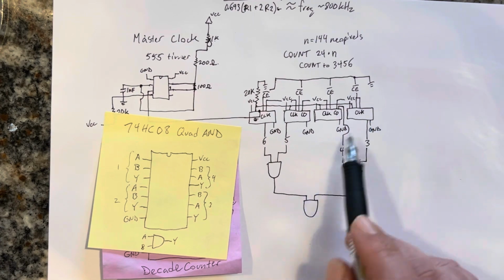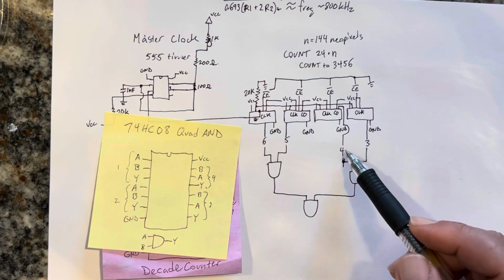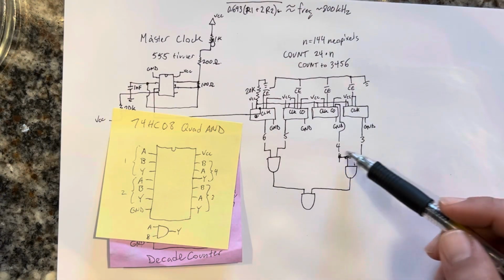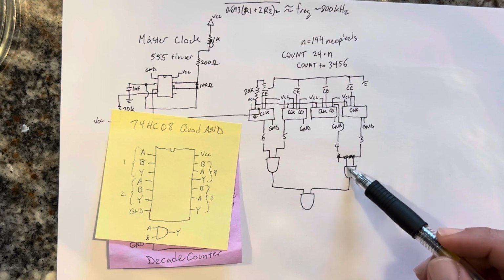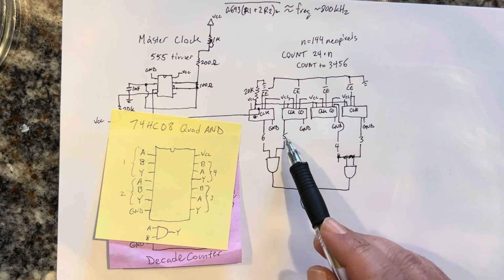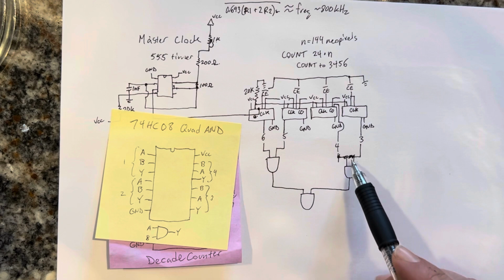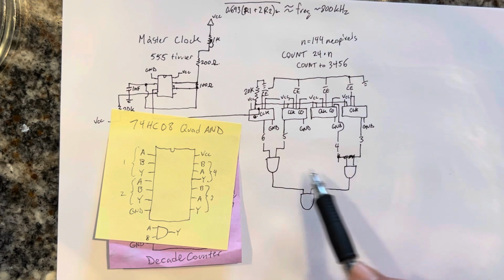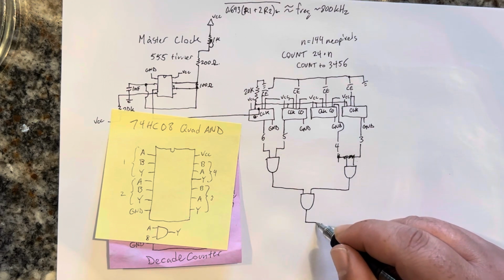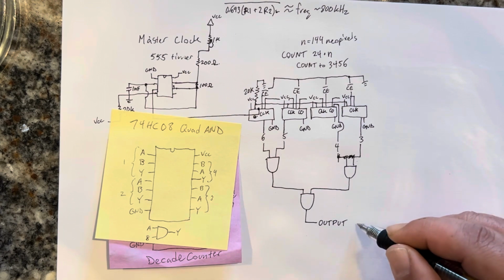So every time the counters, as they are arranged, reach a number of 3,456, when it reaches 3,400, this AND gate will go on and stay on until these two counters reach a value of 56. And this AND gate will go on, and then when it's 3,456, this AND gate will go on, and the output of the AND gate goes to